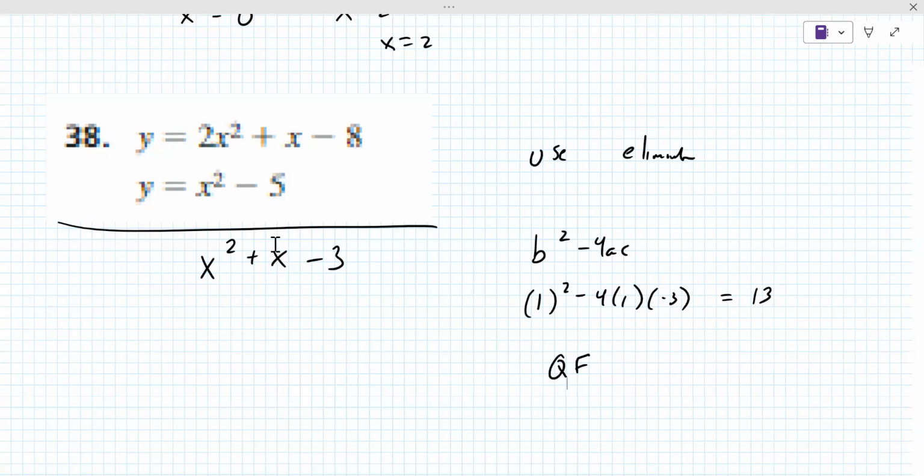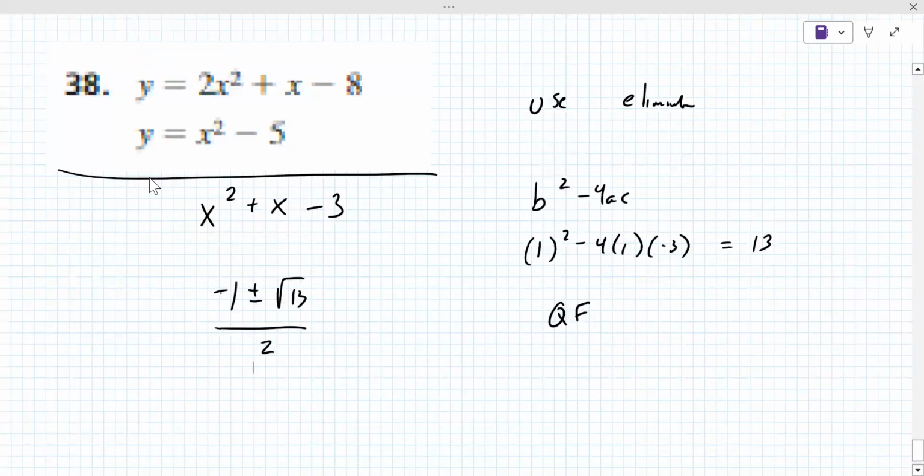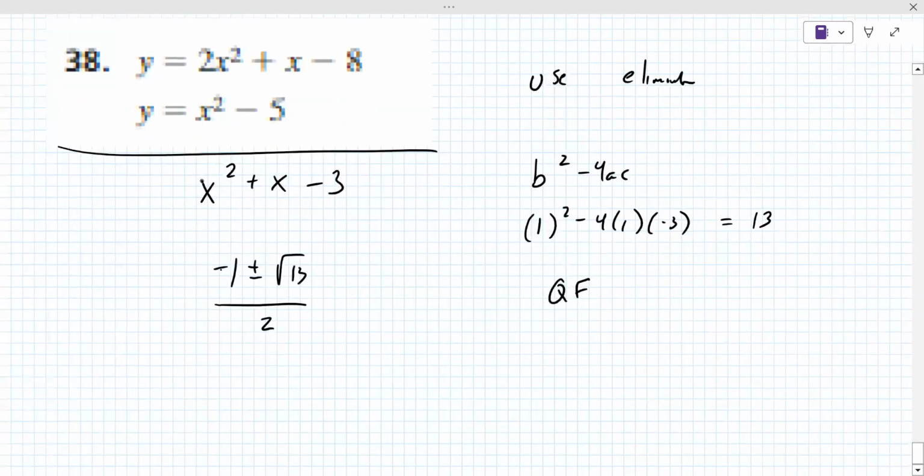So I got -1/2 plus or minus the square root of 13 over 2. So then I'd put that back into the equation for x. Well, you got -1 plus or minus the square root of 13 over 2. Yeah, okay, unfortunately to find y, you have to go back into this equation. So it's -1 plus square root of 13, divided both by 2, squared, minus 5, and you get